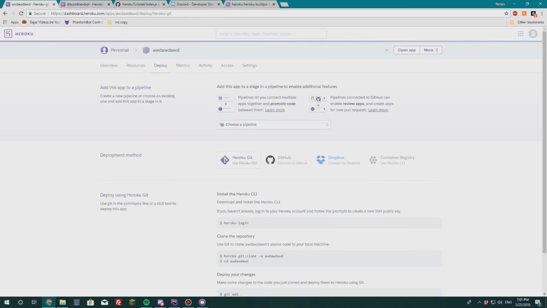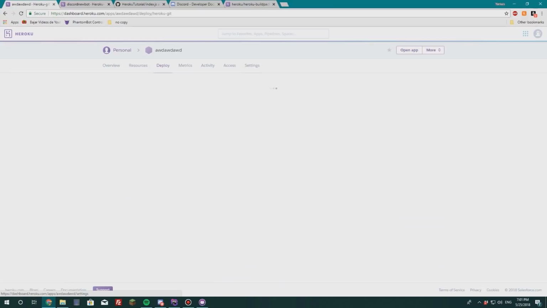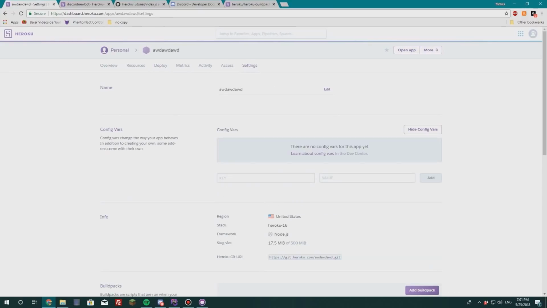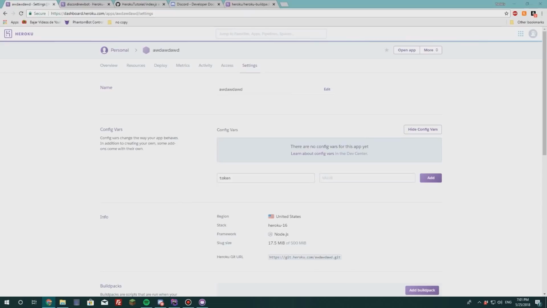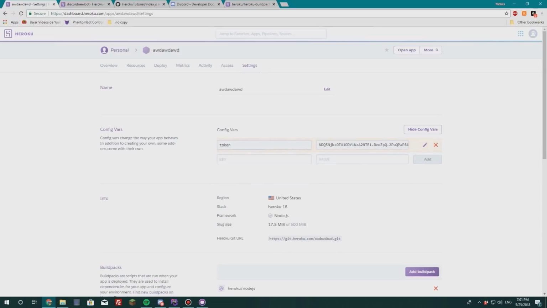If you need to create an app, I'm not gonna show you how, but it's easy. I already showed it in the first few minutes of this tutorial. So now we're going to our app, click settings, reveal config vars, and here we're going to type TOKEN or whatever name you want, and here we're going to put the token in there. So we're going to cut this, paste it here, add it,